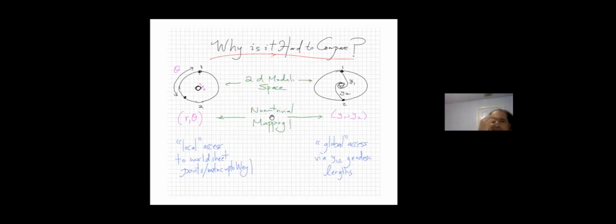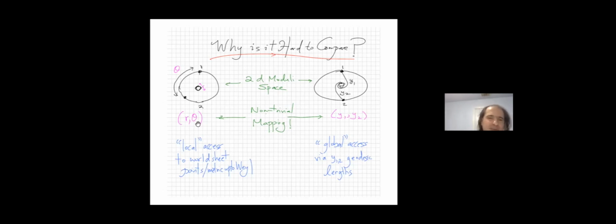And finally, you could just ask, why is it so hard to compare these two things to each other? I mean, in both cases, we have a two-dimensional integral. There's a two-dimensional moduli space. Why is it that we can't just directly compare? And the reason is that both integrals are somehow an integral over the same two-dimensional moduli space, but the way that we are parametrizing the moduli space is radically different than the way